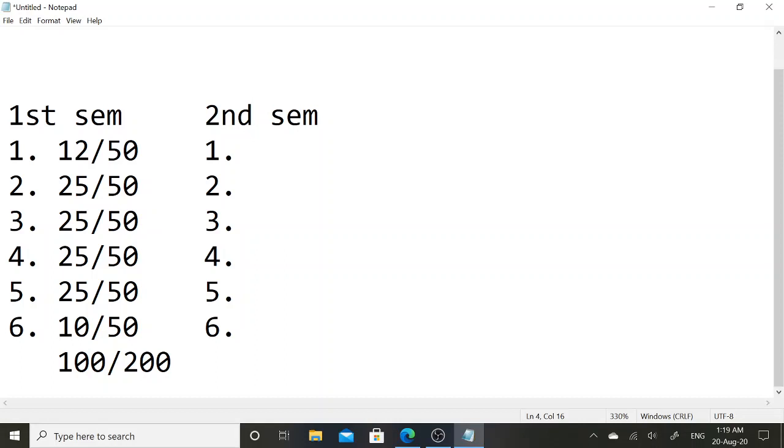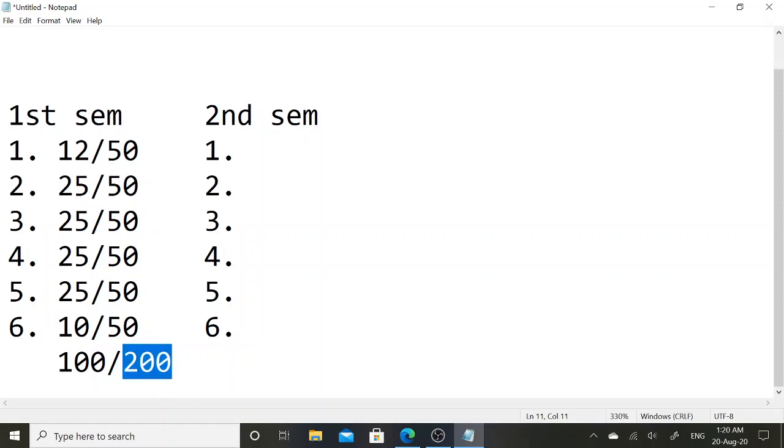Again, because of the pandemic situation, the university was unable to conduct the second SEM regular examination, and in the previous first SEM, if you successfully passed in only 4 subjects and failed in 2 subjects, since a minimum of 20 marks is needed in each subject to pass, you pass in a total of 4 subjects and each subject is for 50 marks, therefore your total marks is 200.